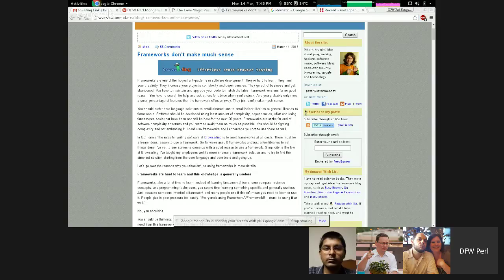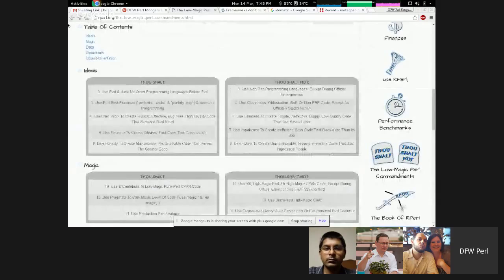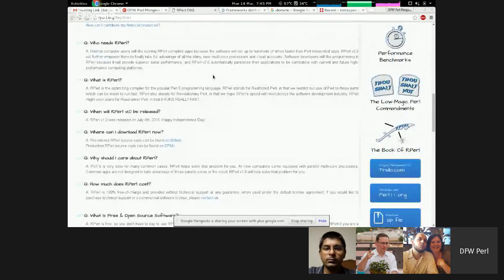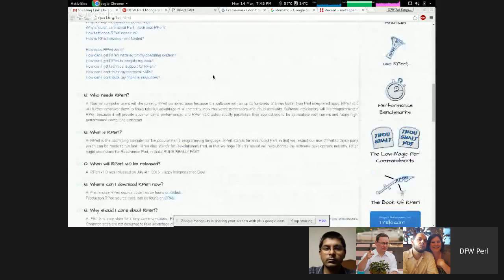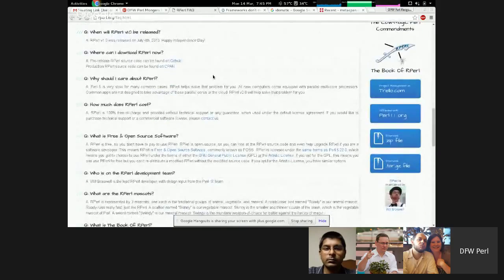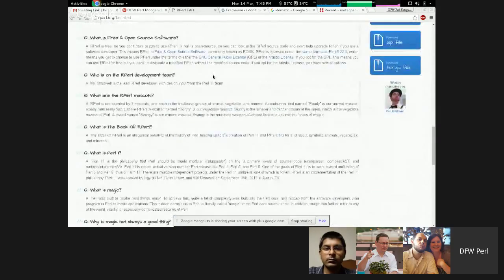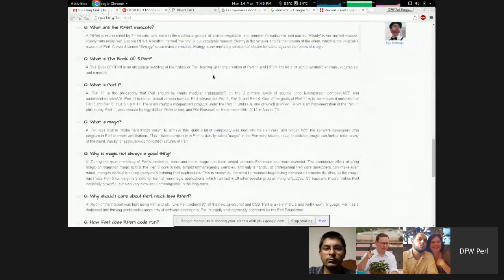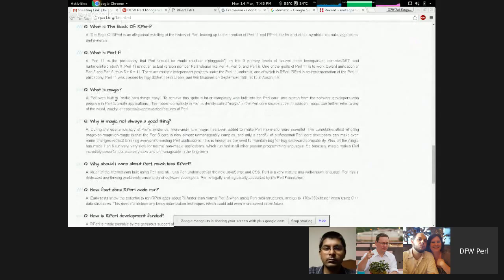It's interesting how these topics dovetail into one another. Switching back to Perl, for example, the FAQ talked about some similar concerns: what's wrong with Perl, what's wrong with magic, and what is magic. Okay, what is magic? Perl was made to make hard things easy. To achieve this, quite a lot of complexity was built into the Perl core.